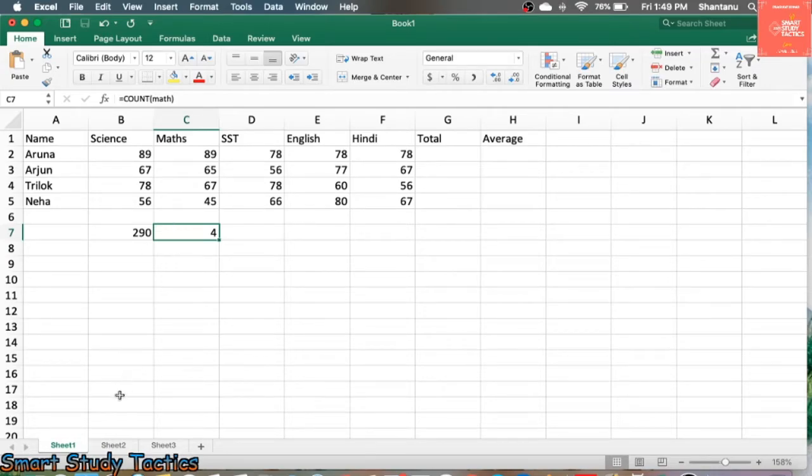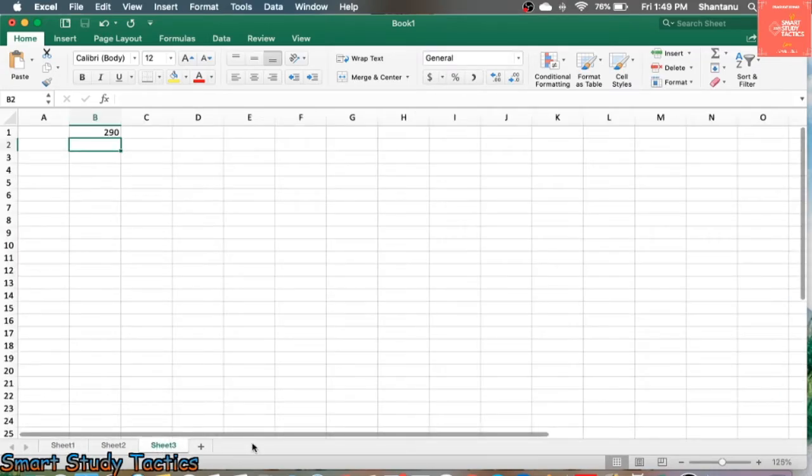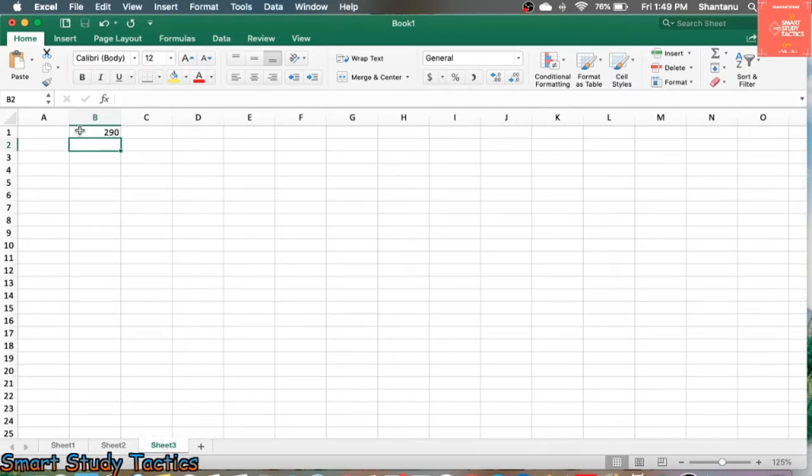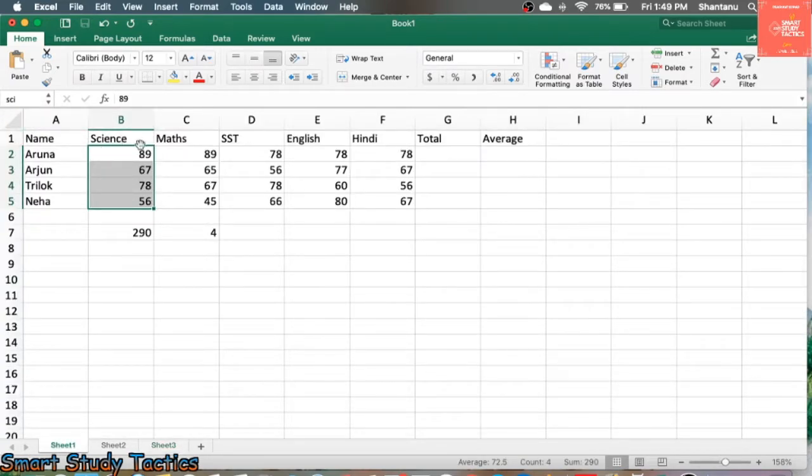Now let's suppose I have a number of sheets here, and I want to locate a particular range or use some value here. How will I do that? I click here and click on that particular name. It will select that value and show you the data from the particular sheet.